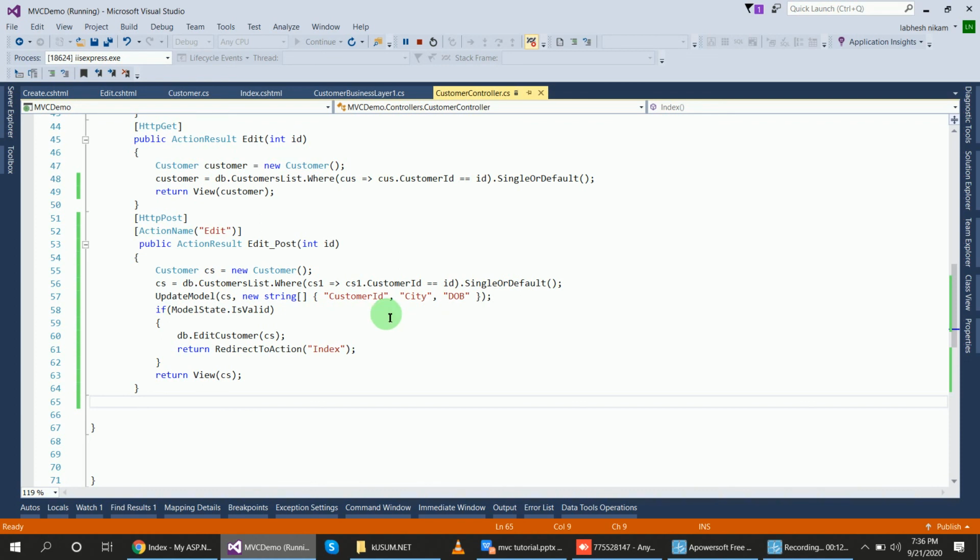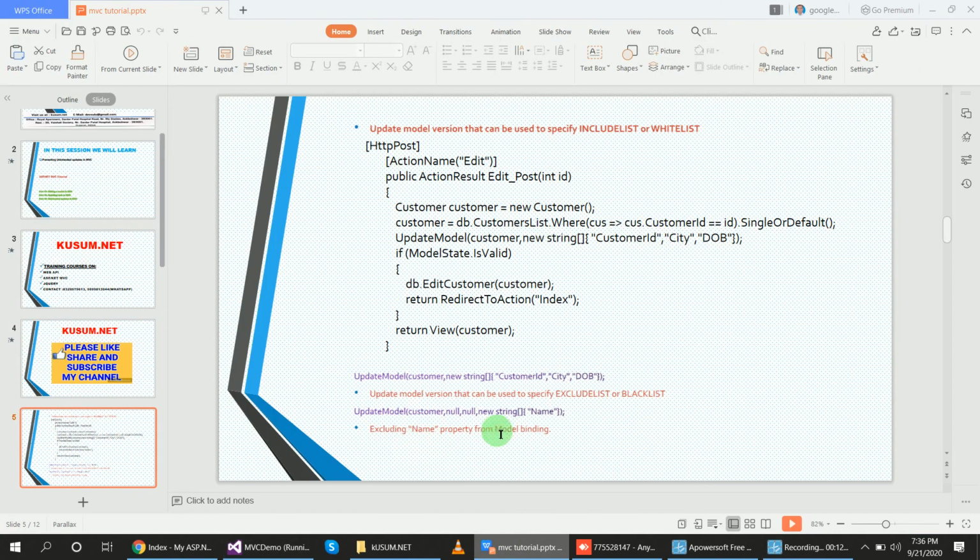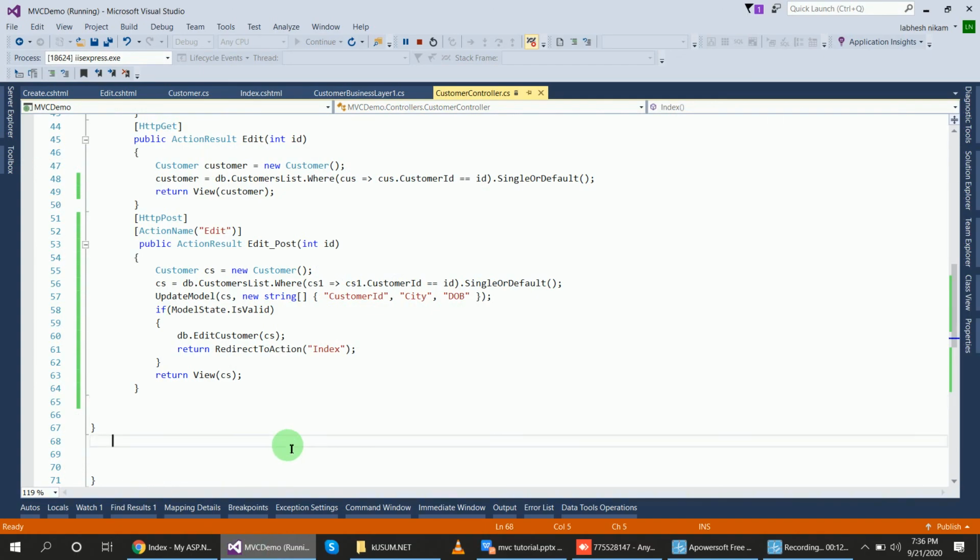Okay, this code is using the include properties. But now I will use exclude properties of the update model. This was include properties. Now I will use exclude properties for preventing updates. So for that, I will change the update model. I will use another version of this update model.